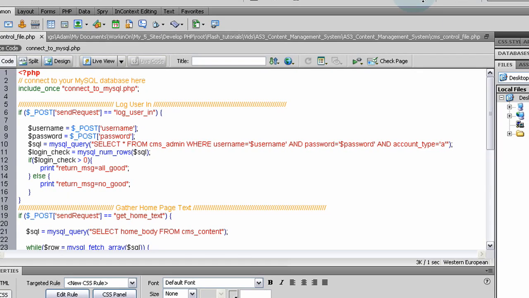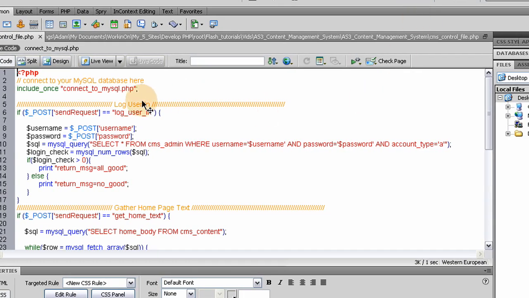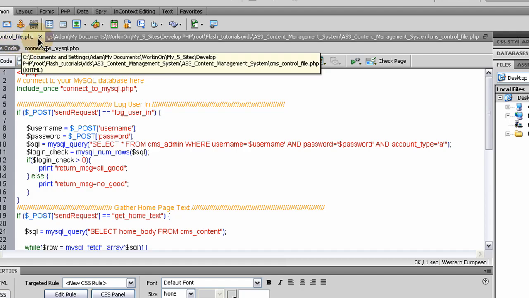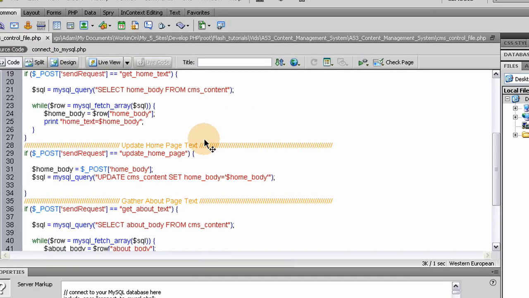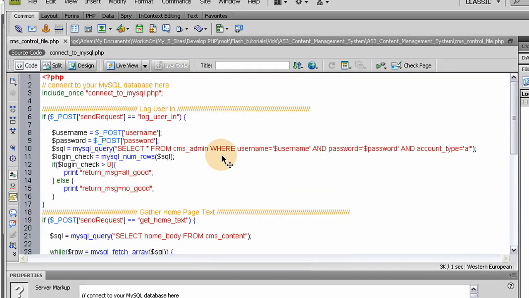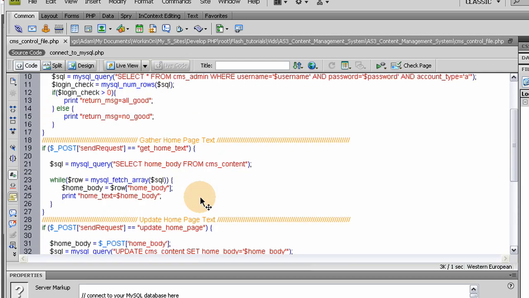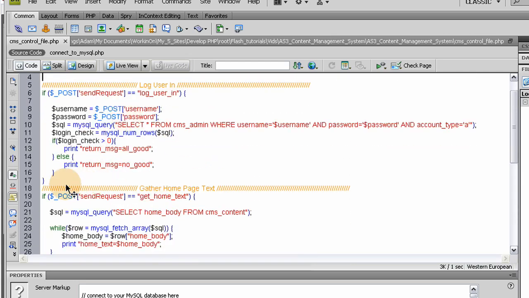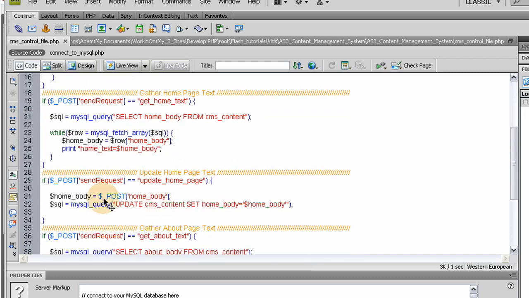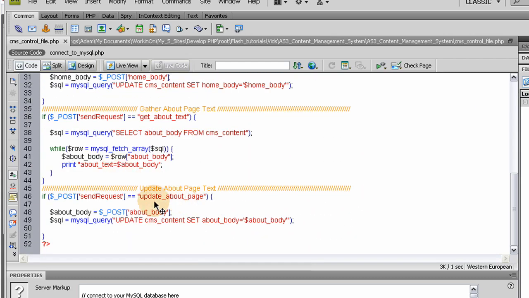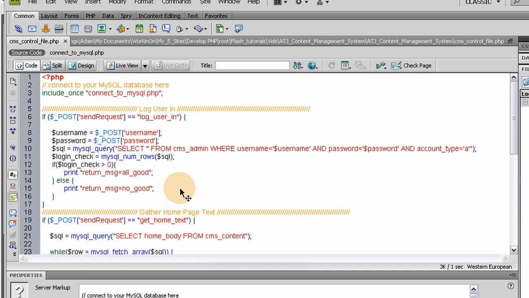inside, the first thing we do in this CMS control file, and this is the one you'll really want to dig through and examine, and there's really not too much going on, and I sectioned off each block where things are happening and gave you a little title of what's happening in that section so you can understand what's going on where. So in the top section we just include the connect to MySQL .php file,